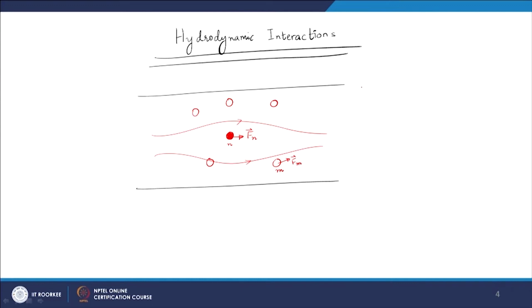It is more pronounced if the size of the bead is larger. It is less pronounced when the size is smaller. In the limit, when we have a very dilute solution and sizes are smaller, we can ignore this effect, but it turns out that that limit is seldom reached. In most systems, the effect of hydrodynamic interactions is quite significant, and it must be included for a proper description of the system. So, now in general, if I am looking at the velocity